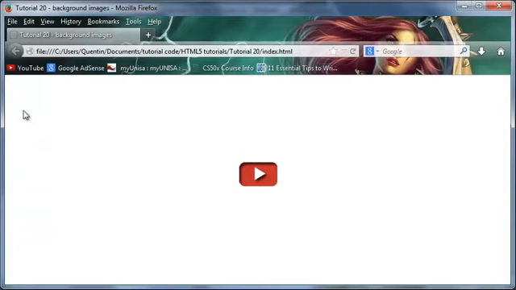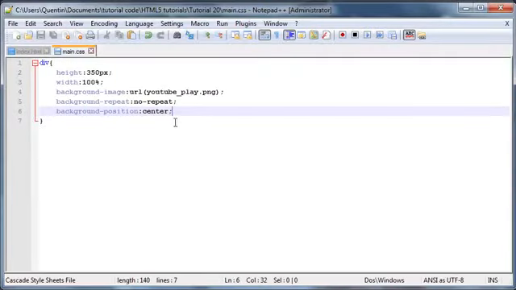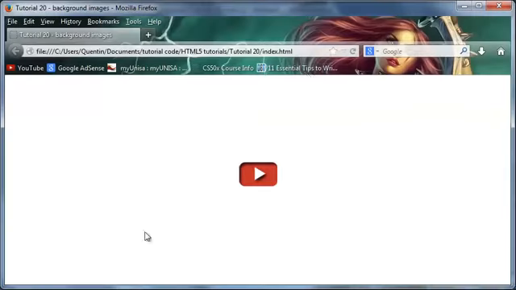So by default it was top left, now it's in the center. We can also set this equal to center top, and that would make it appear in the center at the top. Then we've also got right top, by default it was left top, we've got center, then we've got left center, okay, left center would be over here, then we've got right center, which would make the